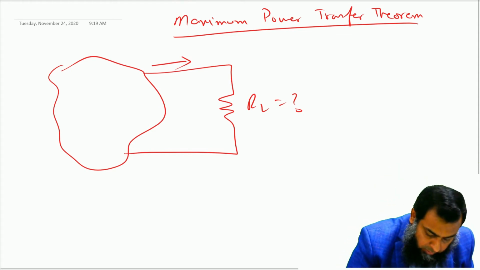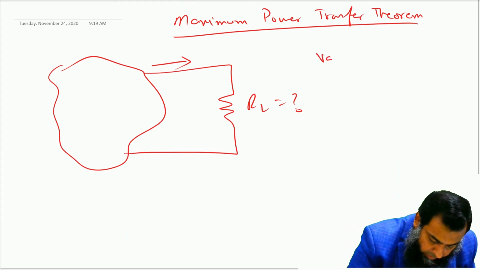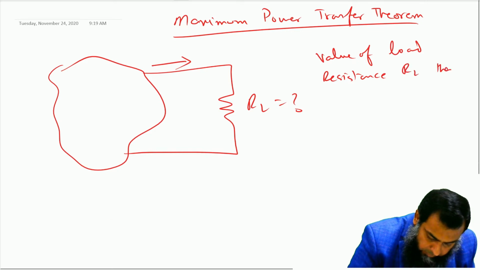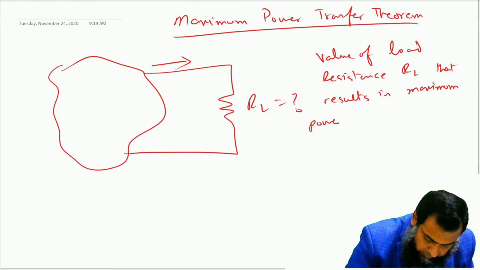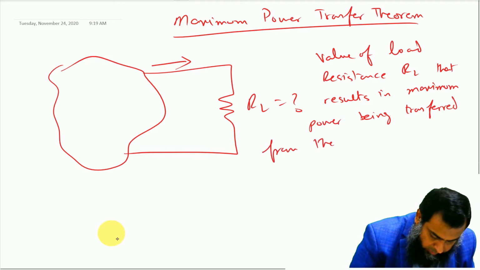So maximum power transfer theorem deals with the value of load resistance RL that results in maximum power being transferred from this network